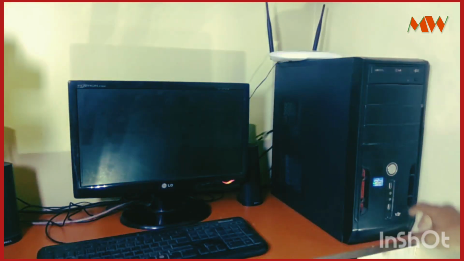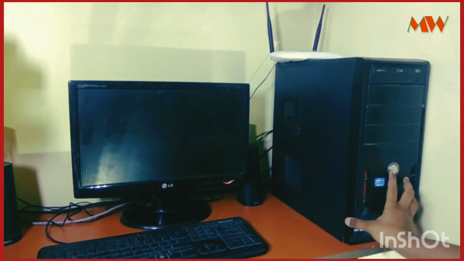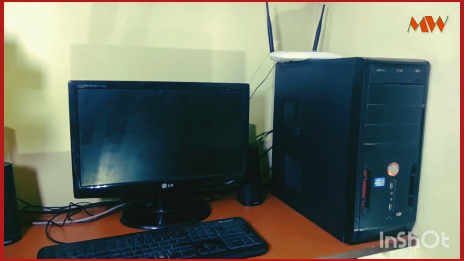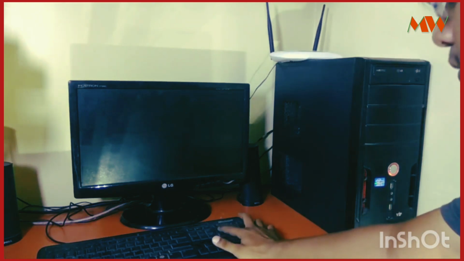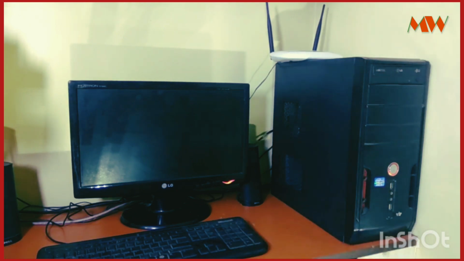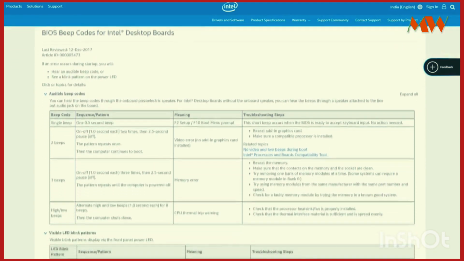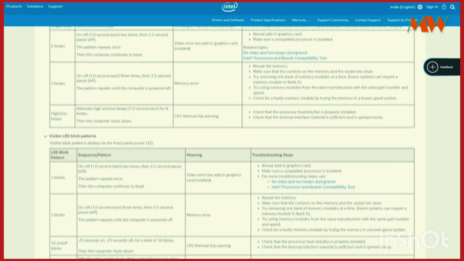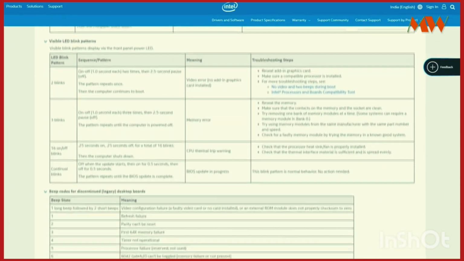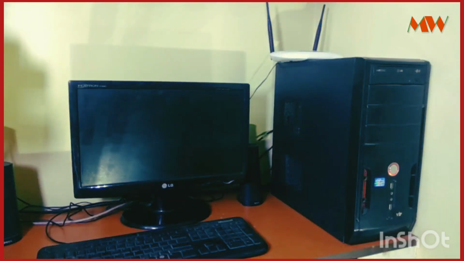Now here another scenario is when your computer is not starting and it gives beeps. So in this case, you can simply understand the issue by the beep codes. One common beep code is 3 beeps. In this beep, your RAM is faulty or there is an issue with the contact between the RAM and motherboard. So there are different beep codes for different issues. So you can find the beep code for your system. For example, if you have an Intel motherboard, then you can search the beep code on the manufacturer's website.